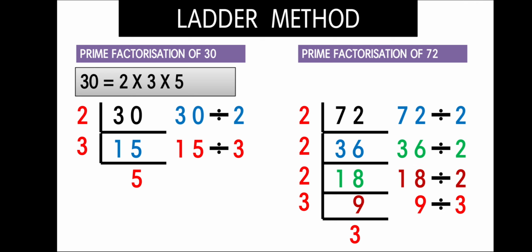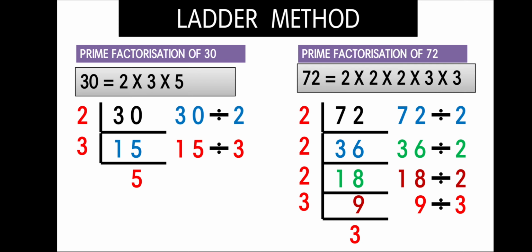So we see here that whenever you are dividing 72 by 2, or 30, we can use any method, like cancellation or the long division method. Our aim is to get the quotient. If we get the quotient by any method of division, we can use it. We just have to continue the process until we get a prime number. Once we get a prime number, we will stop there.